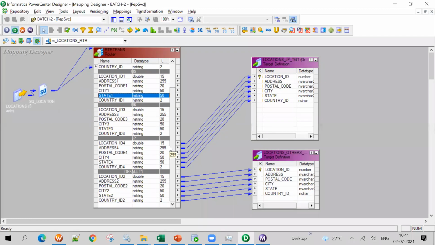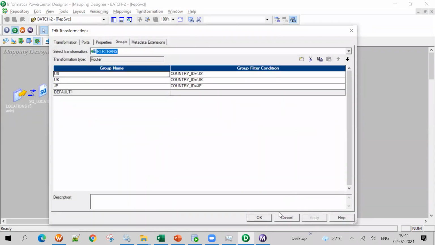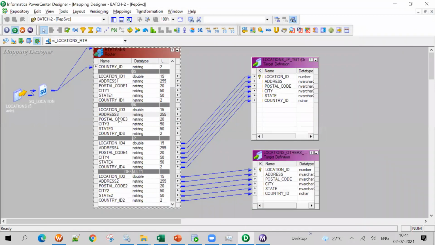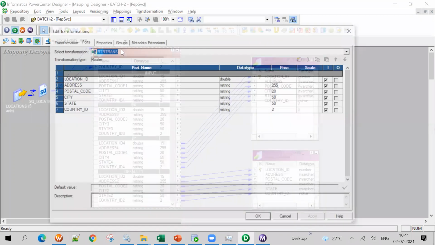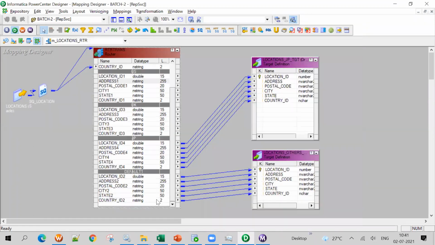Yeah, but the other records will be passed through the default group, no? No, when the conditions are not there. Suppose if you remove the condition, then only it will pass. Now I have given the condition here. The other records means other than UK, US, JP in this case. You did not connect, but the condition is still there. If the condition is still there, then apart from this condition, it will go to default. Okay, got it. Thanks, Raj.